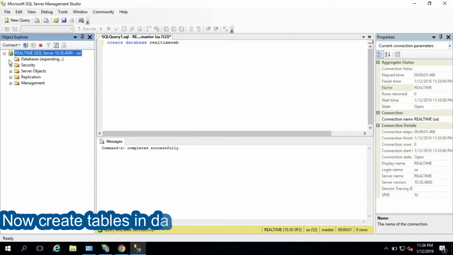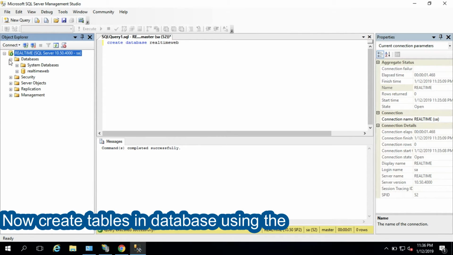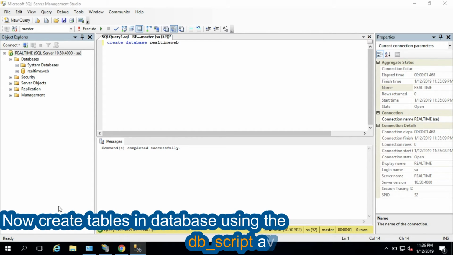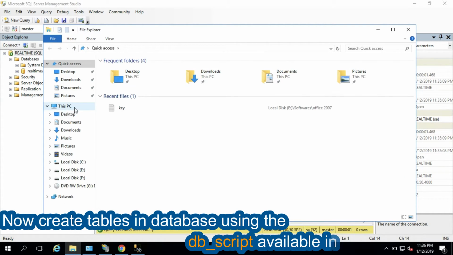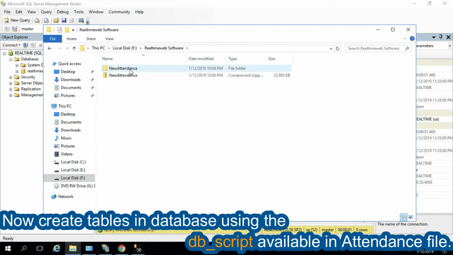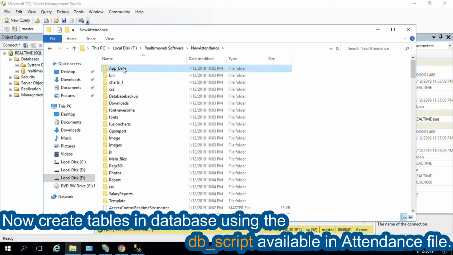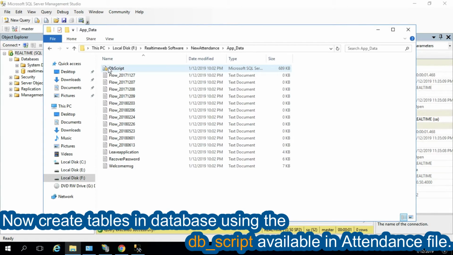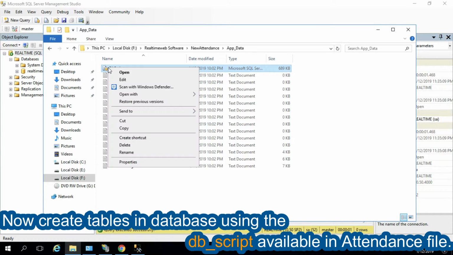So what next we have to do is create the required tables. The required tables can be obtained from the real-time attendance file. So just go to that file, as that file is in this folder, and here is the app data. In app data there is a db script file that contains all the table structures. So just click on edit or open it with notepad